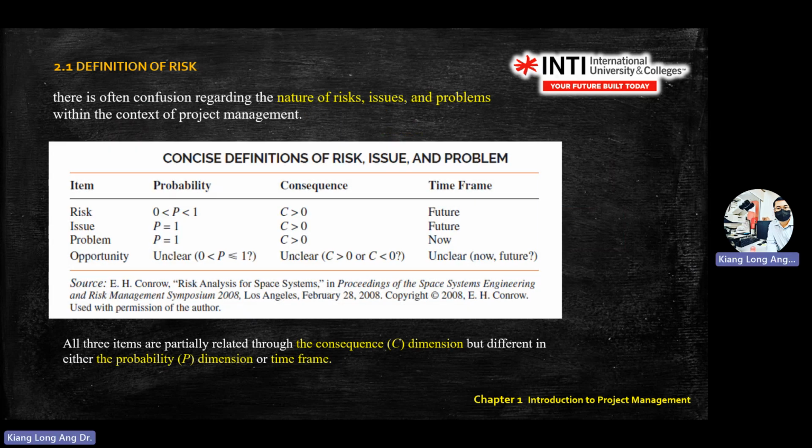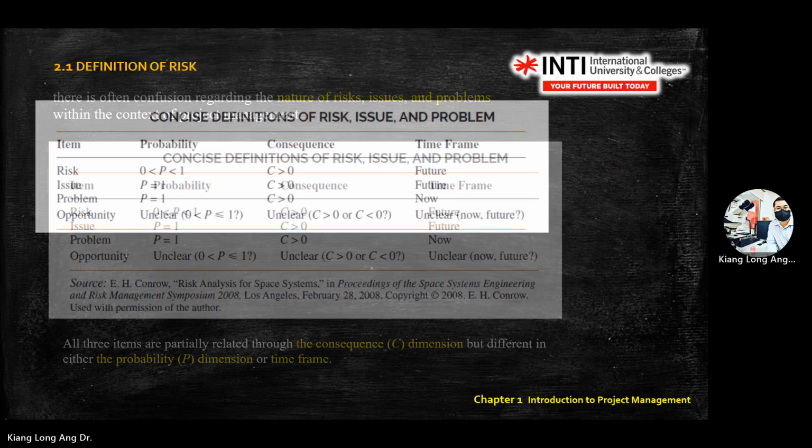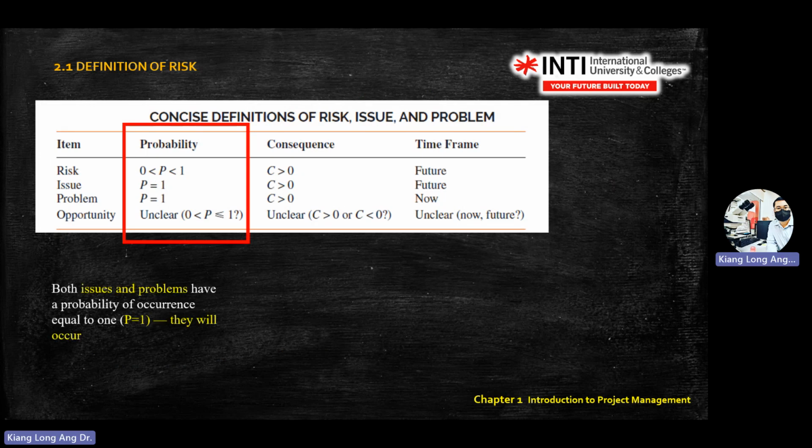Okay, so this is a table. How do we read this table? On this one, you have risk, issue, problem, opportunity. Then you have probability, you have consequences, you have time frame. How do we read this table? The first one,